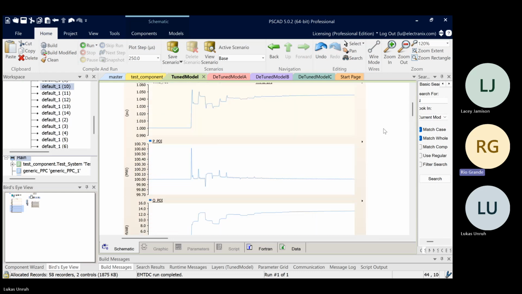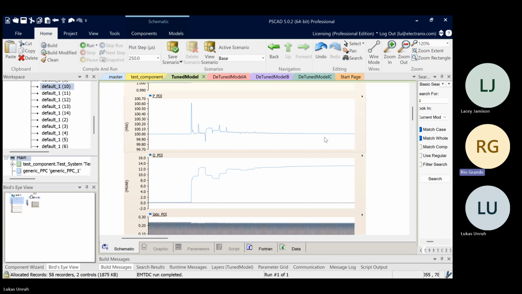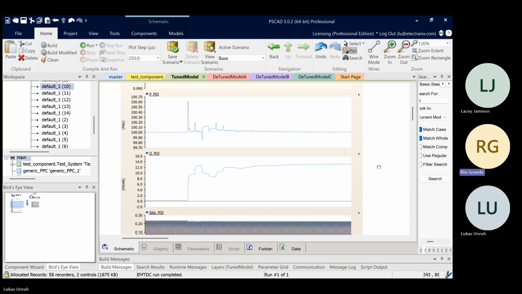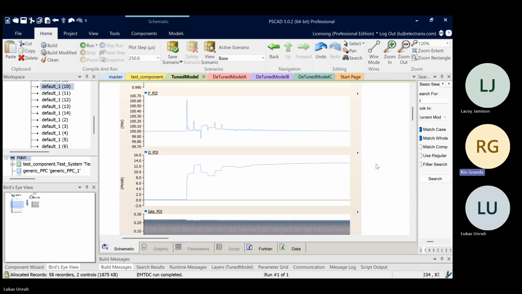And you can see in the response here that the reactive power is not the prettiest thing in the world. This is a pretty weak system. We're looking at an SCR, I think, of 2.5 or 3. And it's certainly coming up quickly, but we do have some overshoot, and we're coming up and down here a little bit. And this sort of boxcar shape is very common to see, I would say, when you're looking at the weak system